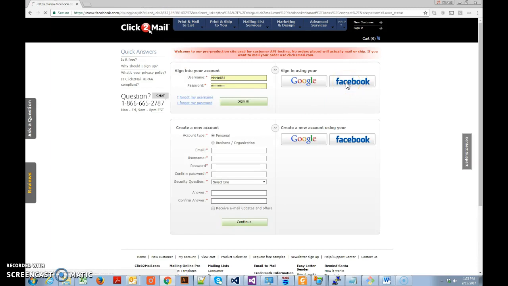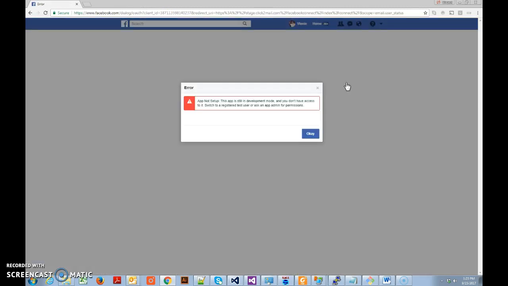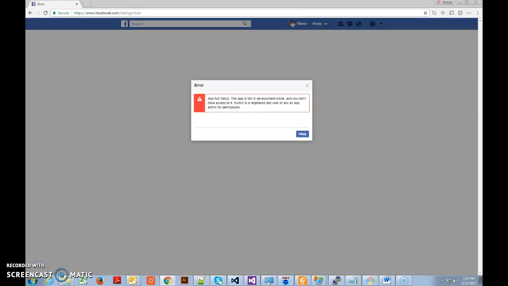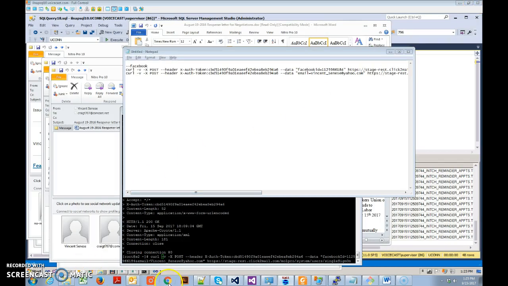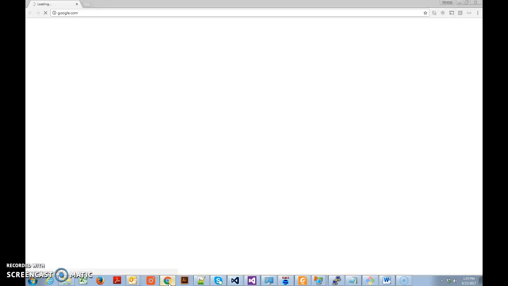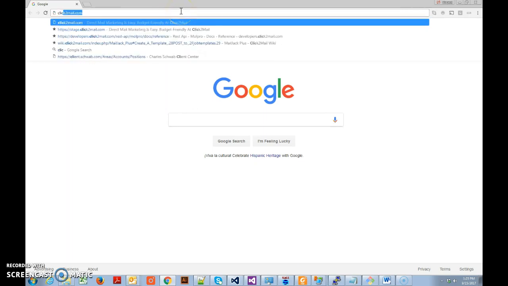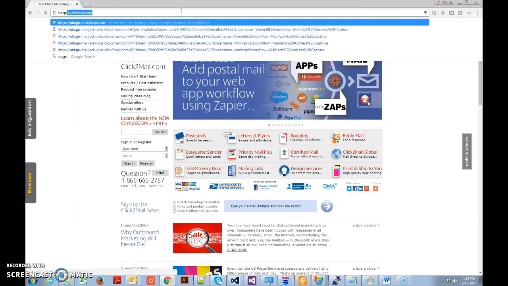If I go on there and try to click this, it's going to just throw up this app over here, and then you can't even get out of it. It just basically keeps throwing that out until I actually need to close down the browser. So Facebook looks like it does not work at all if you try to log in with something that's not associated. But the alternative way you could get around it is if I now go to Stage Deck Click to Mail,